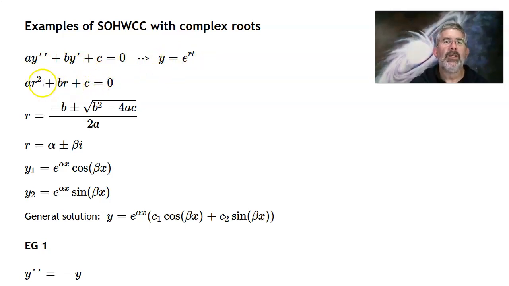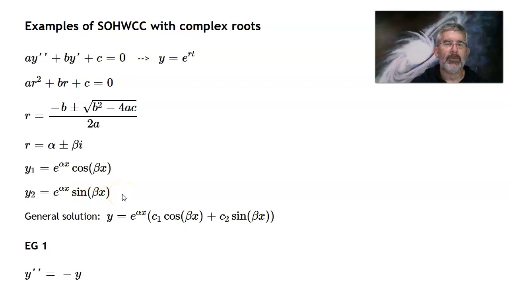Plugging that in, we get this equation that needs to be solved, and if we can find values of r that make this equation true, then we find solutions that make that equation true. So, quadratic equation, we use the quadratic formula to figure out what r is, and we are in the situation where b squared minus 4ac is negative, and so these are complex solutions that look like alpha plus or minus beta i. And in the last video, we showed how to turn that into two solutions that look like e to the alpha x times cosine beta x and e to the alpha x times sine beta x as our